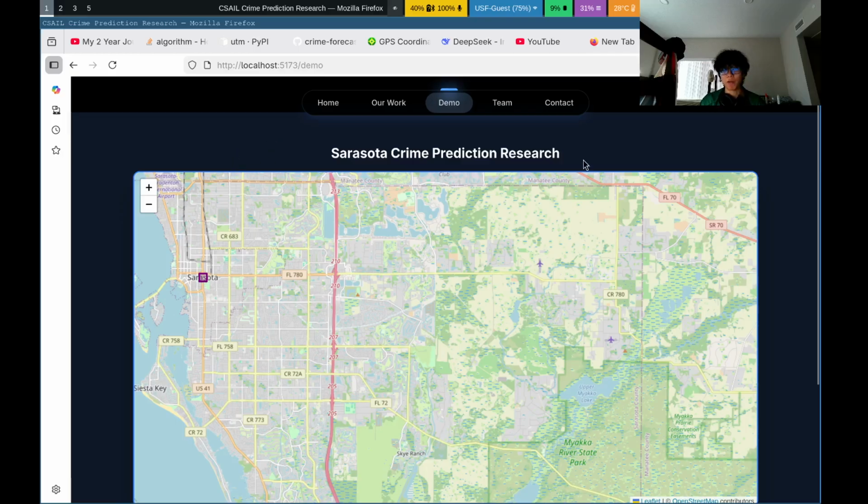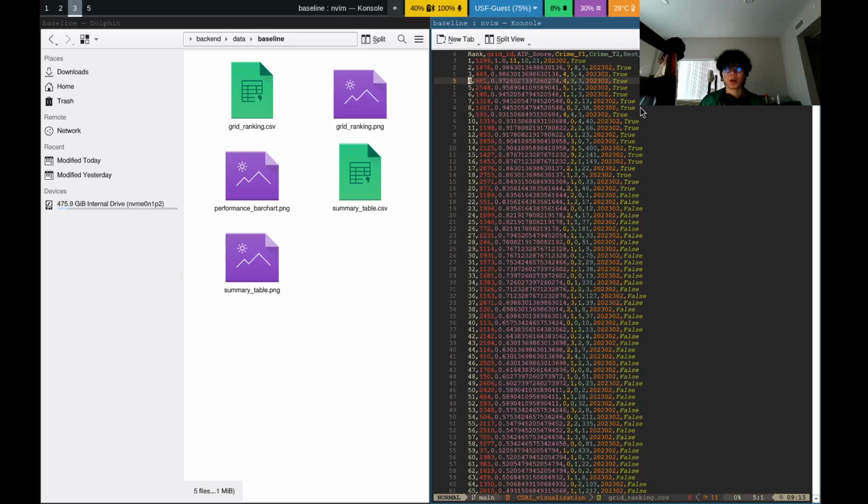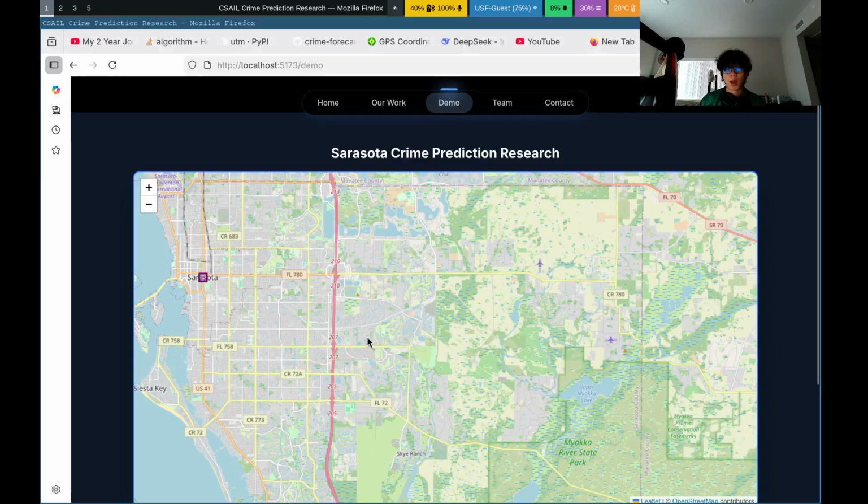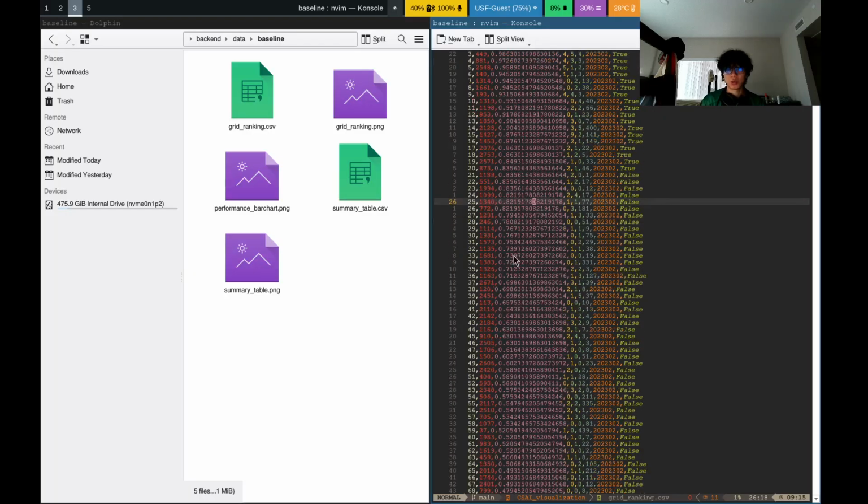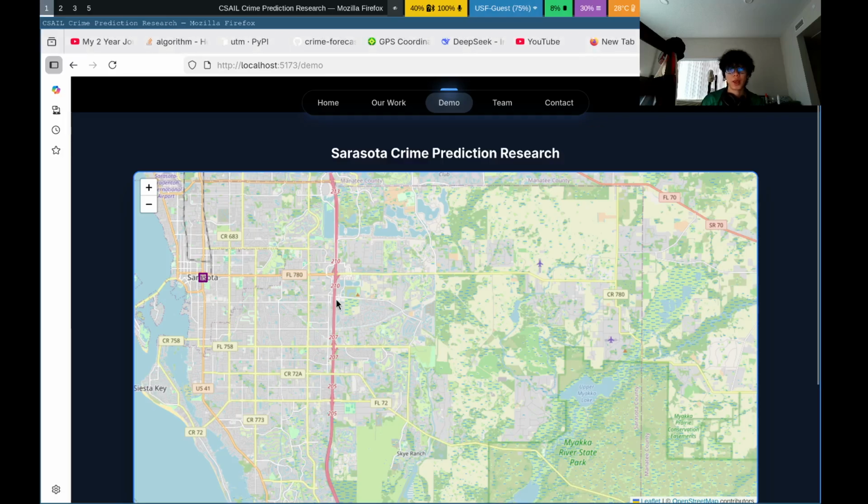Let's say February 2023. So we display a grid with the color purple saying the baseline model is guessing these grids having the most crime, right? So I'm just going to display maybe 30 or 50 grids, and the same thing for the MLP model, but we will change the color of the grids. And then the actual